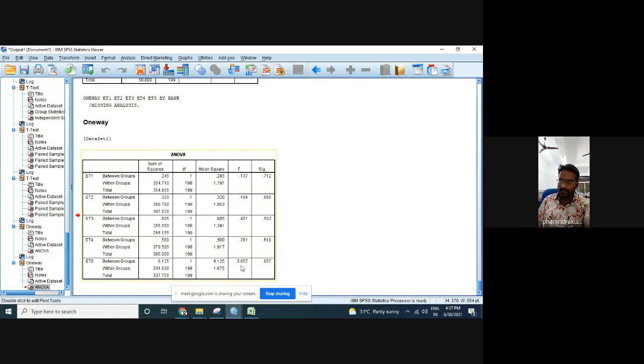Whereas further down, known as ET5, you can see this is above 3. Then you need to go for rejecting the null hypothesis, then you need to accept the alternate hypothesis. It means that there are some significant changes in the expectations or perceptions of the customers of SBI. There are some differences in the SBI customers' perceptions and also the customer perceptions with regard to Axis Bank.